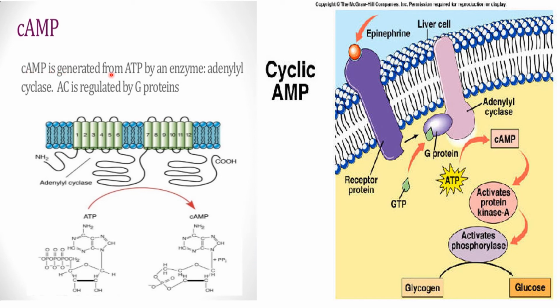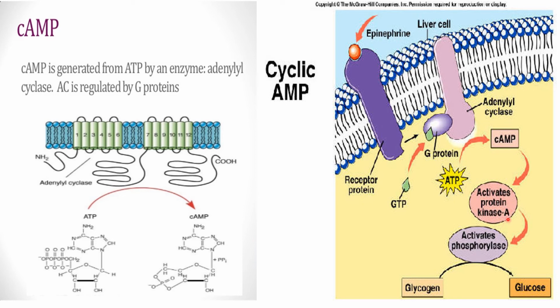Cyclic AMP is generated from ATP by the enzyme adenylyl cyclase, as I have told you. This is the ATP structure with nitrogenous base, ribose and triphosphates. While in the cyclic AMP, this is the nitrogenous base, ribose and single phosphate. So this is the cyclized form of ribose and phosphate. Cyclic AMP performs many functions. Among them, as epinephrine binds, as in the previous slide, the same thing here: the G protein activates adenylyl cyclase, production of cyclic AMP from ATP, then activation of protein kinase A.